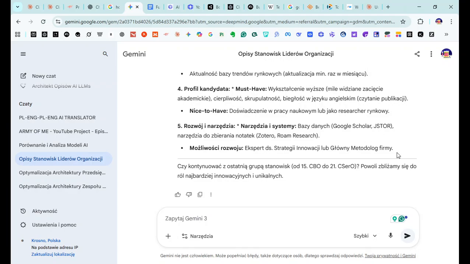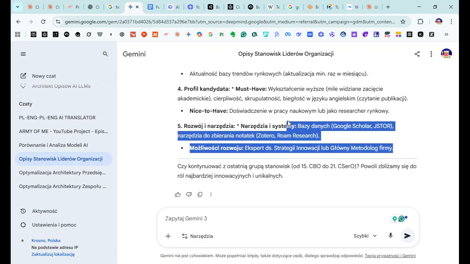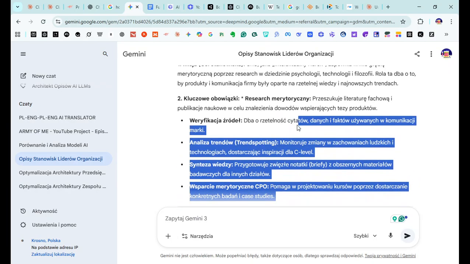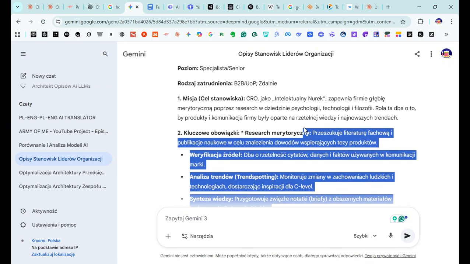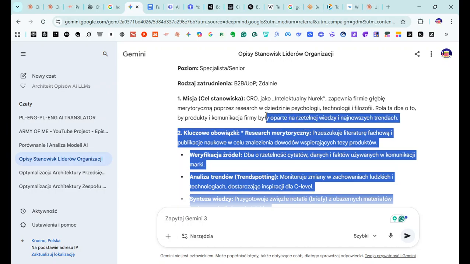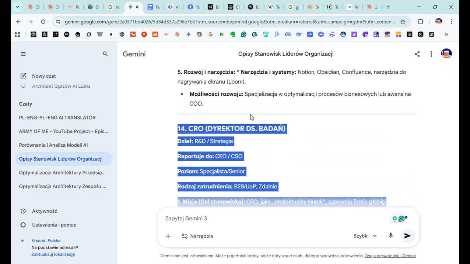It's here. So now I have to rework the whole thing.